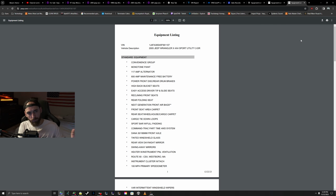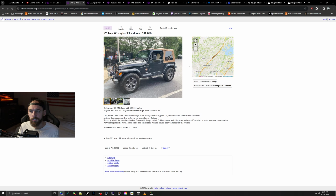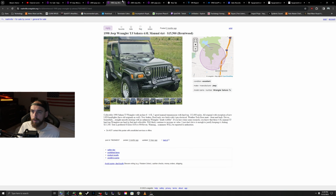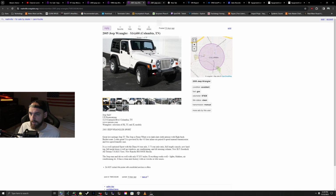So that's kind of how I go through the process. You look at the Jeep, obviously look at all the pictures, see if there's any rust. Basically, if there's a ton of rust, like there's rust on the outside of the Jeep that you can see from the pictures, generally the underside is probably going to be toast. I don't know if I got any pictures here of any rusty Jeeps, but